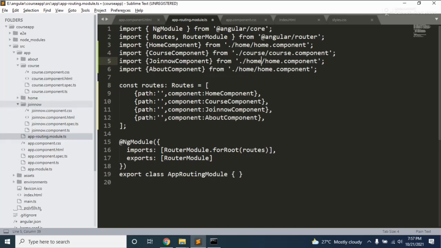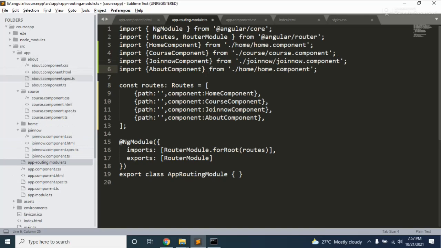We need to add the join now component, join now, join now. Okay. And this one is the about component, about.